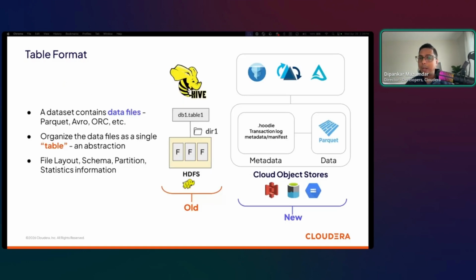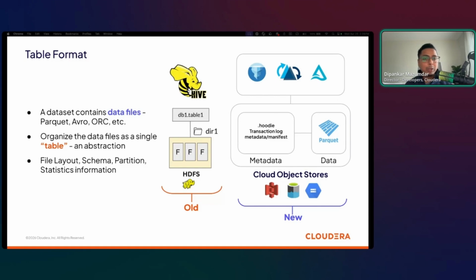The next is obviously the open table format, which is really the foundation of a lakehouse. And just to go a little bit towards the history of things, the idea of a table isn't really new, right? We have had that in SQL databases, right, from different vendors. In the data lakes, we had files like Parquet, but we were missing that abstraction, right? That database level abstraction. And then table formats like Apache Hive kind of opened a new era for open table format. They made data accessible through SQL to data analysts, data scientists, right? And it was not just confined to a certain set of specialized engineers, right?